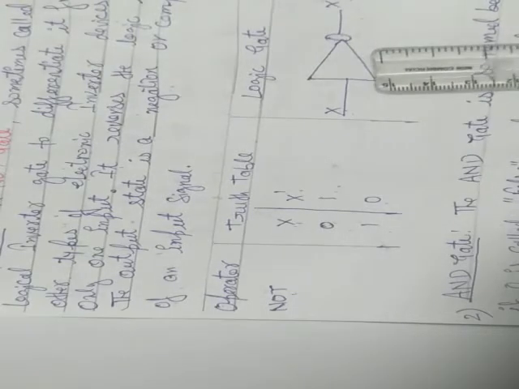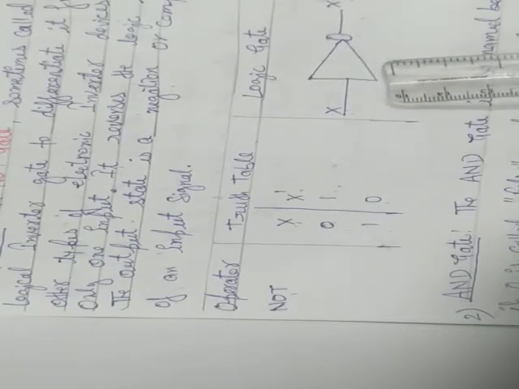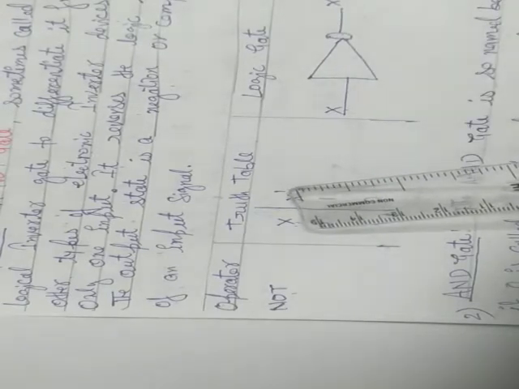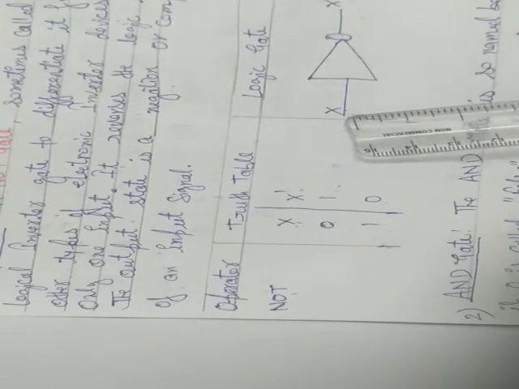This is the diagram of the logic gate. One input because we have one variable. So x is the one input, the triangle is the diagram sign, and the bubble means this is a negation or complement, and the output is the reverse. The input is x, so x complement or x negation is the output.